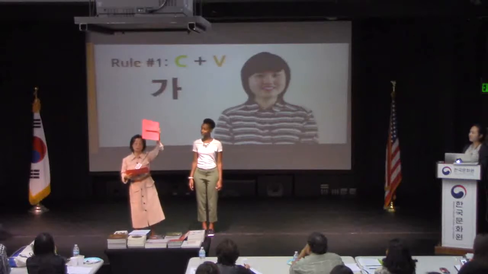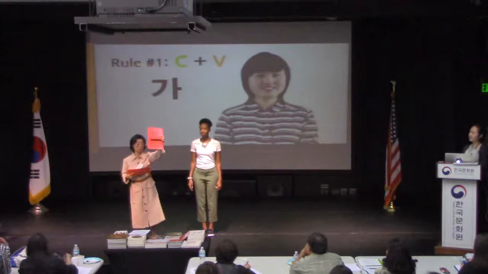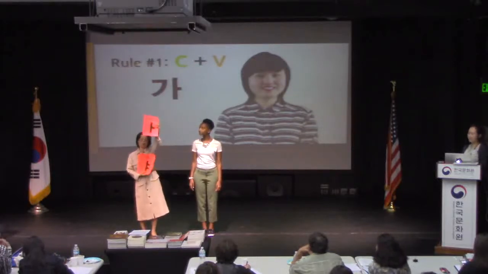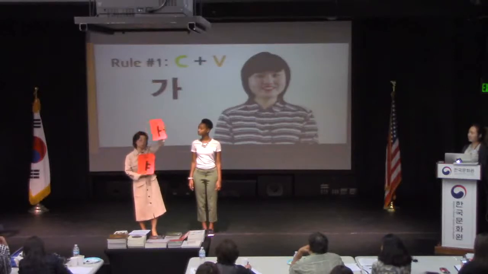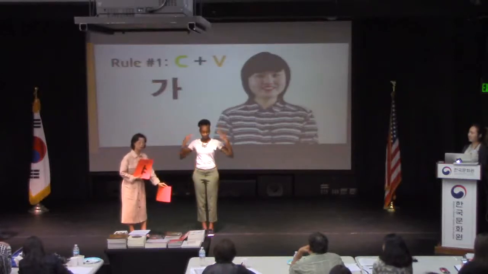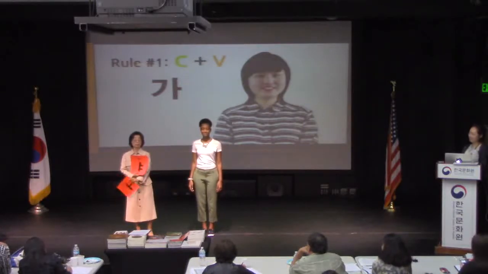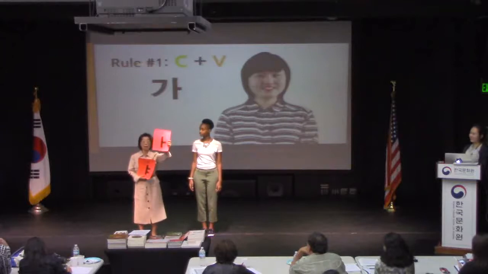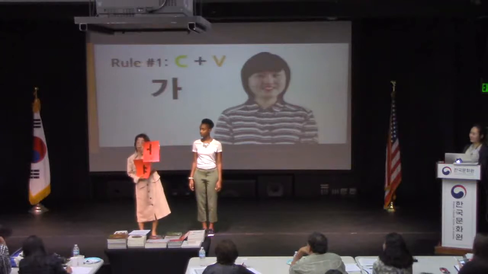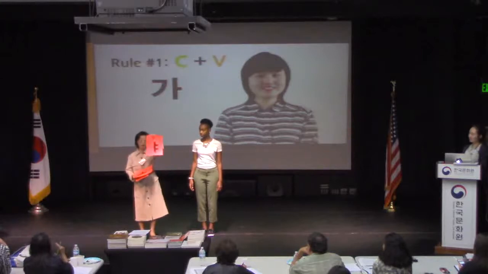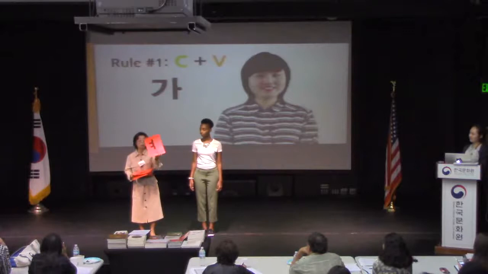Vowel symbolizes ground, earth, and standing vowels symbolize human. Okay? And earth. So, a, o, u, ya, yo,